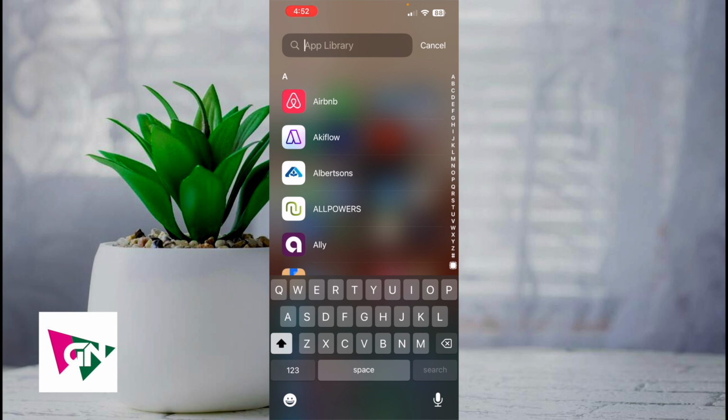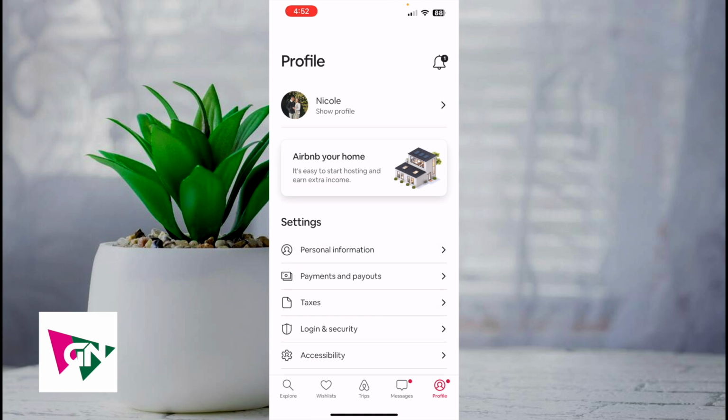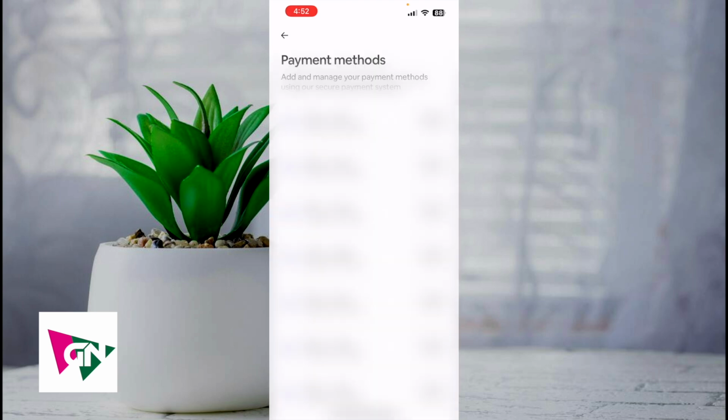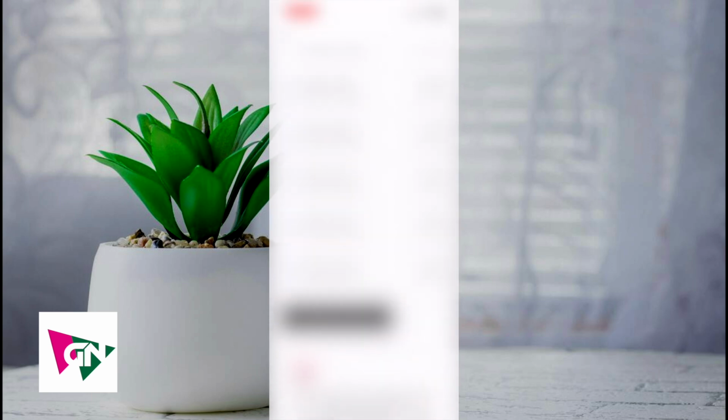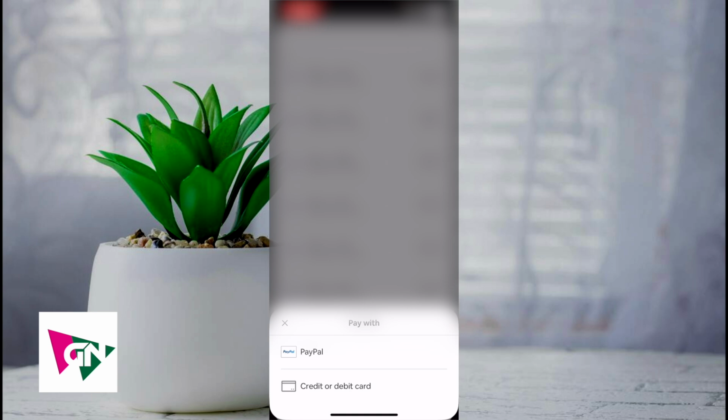Now the way to actually do this is first you're going to click on Airbnb, and then from here you want to click on Profile on the bottom right hand corner. Next, you're going to click on Payments and Payouts underneath Settings, and then from here you want to click on Payment Methods. So from here you're going to see a list of your payment methods. Right now this is all blurred out, but just go ahead and scroll all the way down to where it says Add Payment Method. After you click on Add Payment Method, you'll be able to connect with PayPal, credit, or